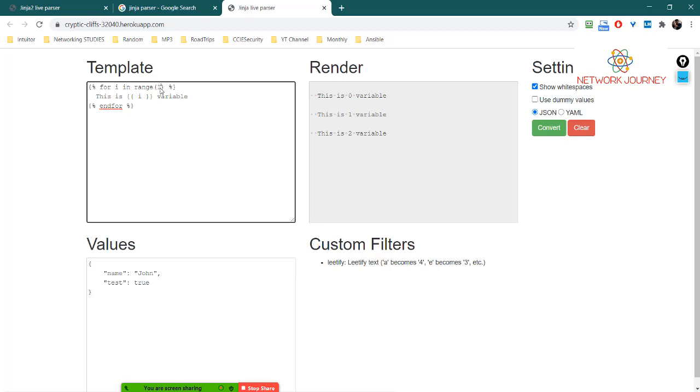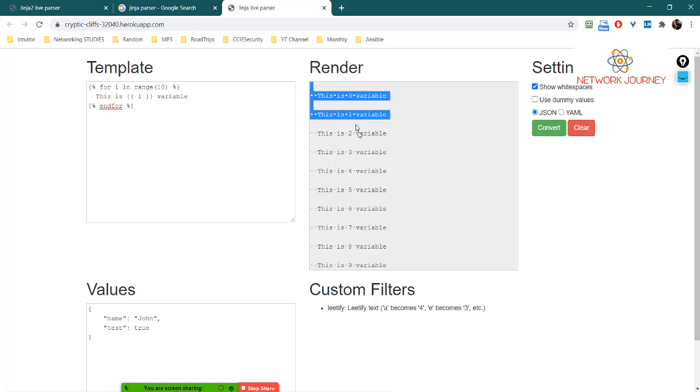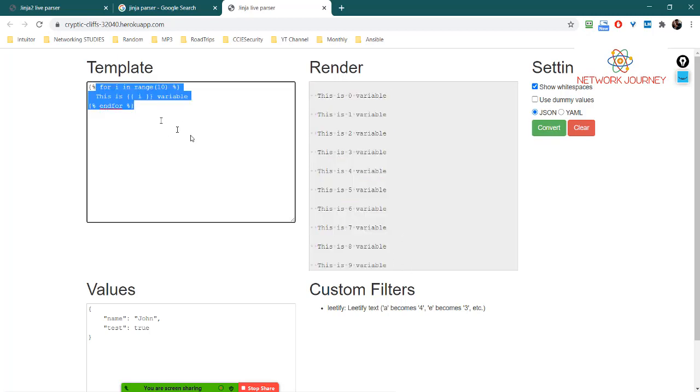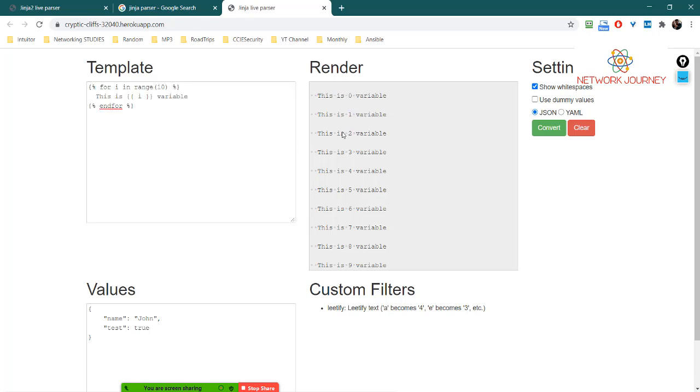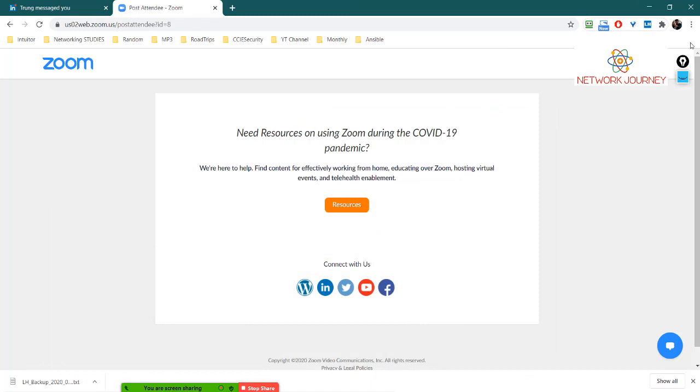If you have, let's say, 10, and you just click on convert, you see they work in a template-based way. That is where your VLANs and your interfaces were seen, because the VLANs are going to be created one by one. And where are they going to get the input? They're going to get it from the data model. So that's a tool which will help you.